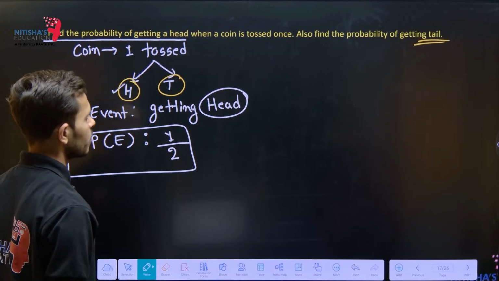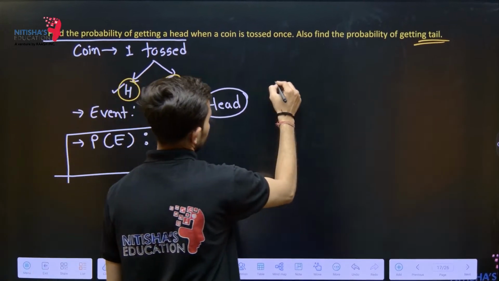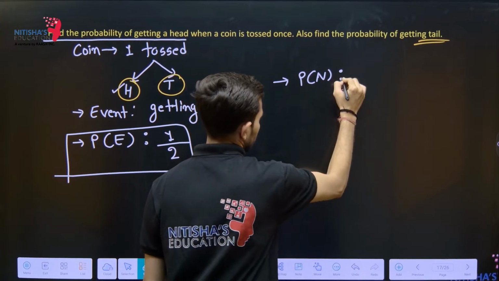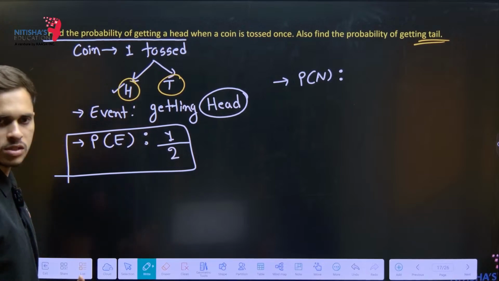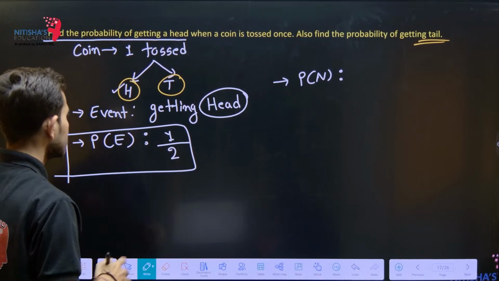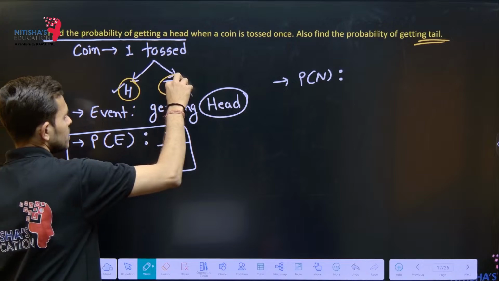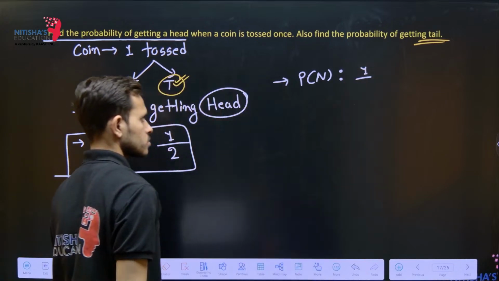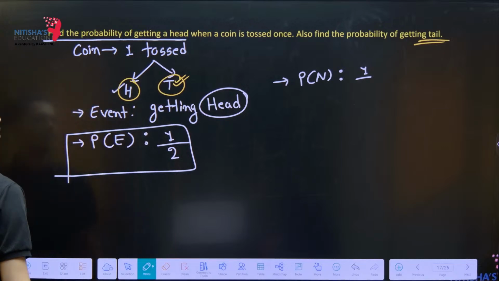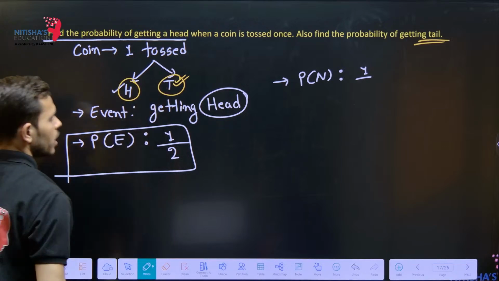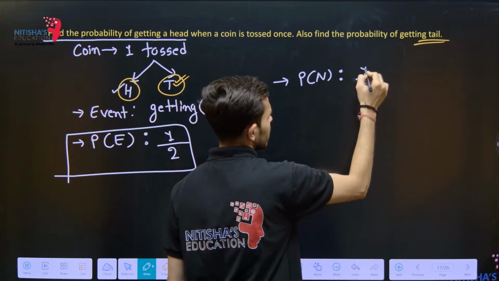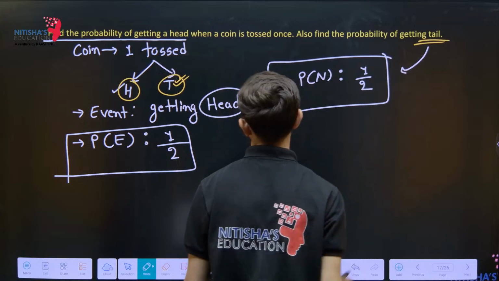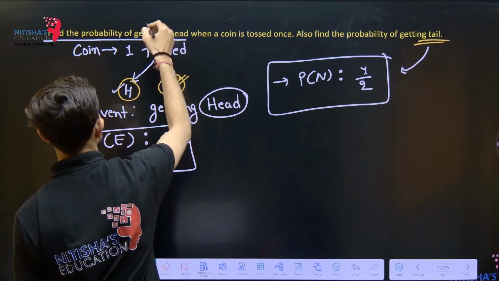नेक्स्ट, हमें प्रोबेबिलिटी फाइंड आउट करनी है टेल के लिए। तो हाउ टू फाइंड द प्रोबेबिलिटी ऑफ टेल? सो लेट्स टेक, वो हमारी एक इवेंट n है, ठीक है। अभी जब हम कॉइन को टॉस करेंगे और उस टाइम पे टेल आएगा, तो सिर्फ एक ही रिजल्ट है। इट मीन्स फेवरेबल रिजल्ट 1 हो गए, और टोटल नंबर ऑफ रिजल्ट 2 है, तो यहाँ पे डिनोमिनेटर में 2 आ गया, तो हमारी प्रोबेबिलिटी हो जाएगी 1/2 फॉर गेटिंग टेल एंड 1/2 फॉर गेटिंग हेड।